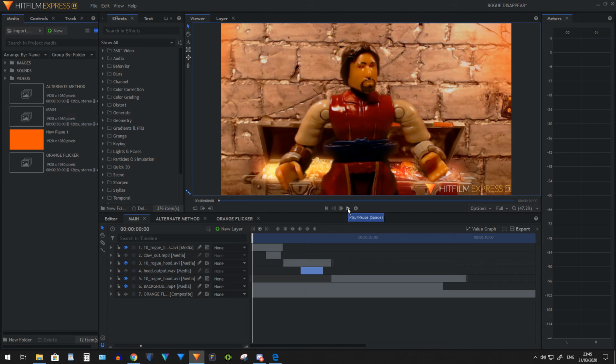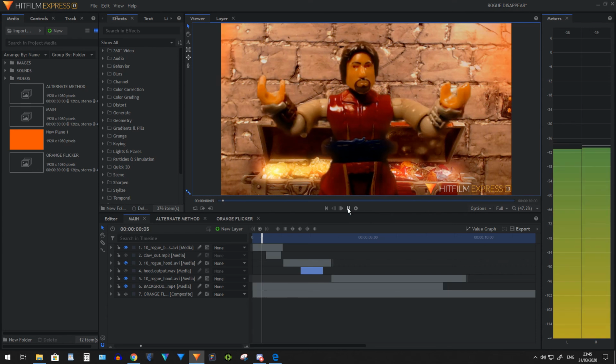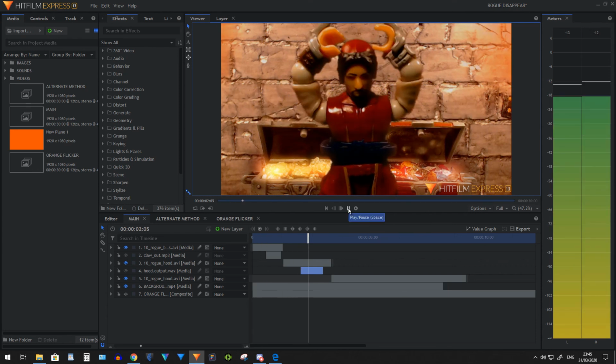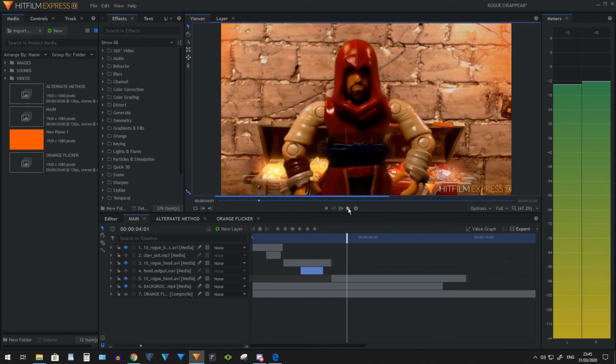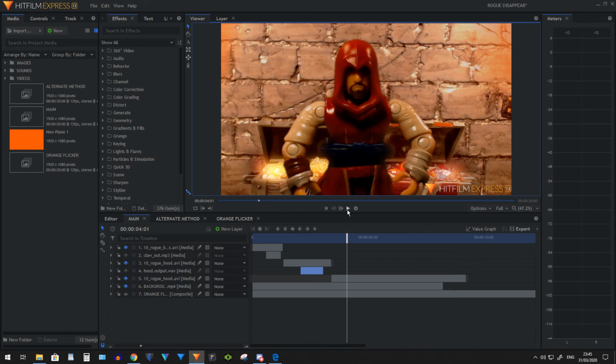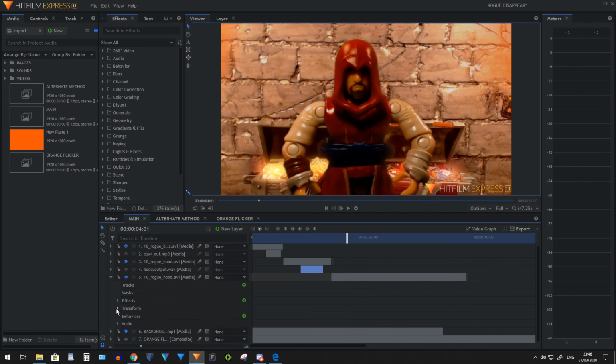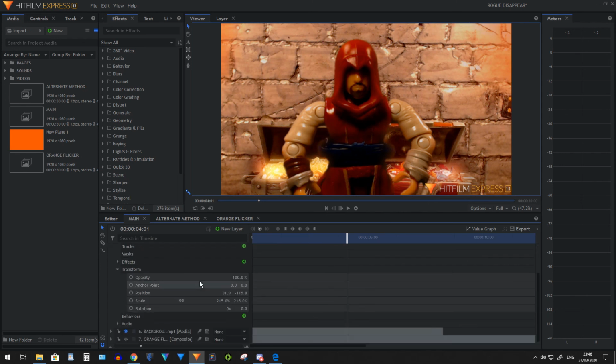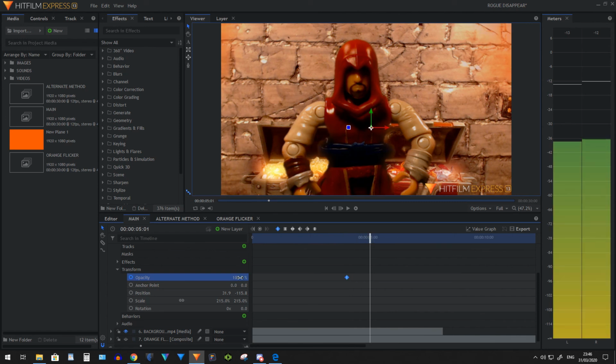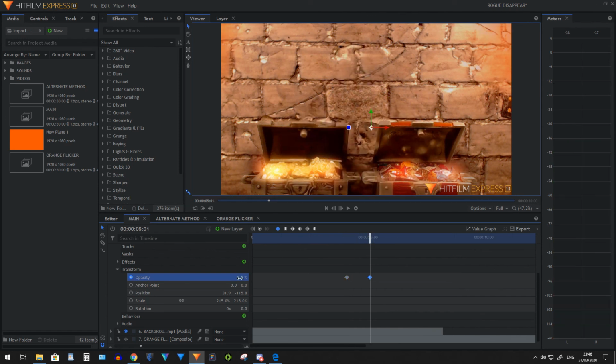So here we are at the moment. If I play this, the wrist daggers come out, the hoods go up, and around about here we want him to start disappearing. So very much like we did with the light staff, Delana's light staff, we're going to come to the transform properties. We're going to set a keyframe for opacity. We're going to go forward a little bit, and then we're going to bring it down to 0, and you can see